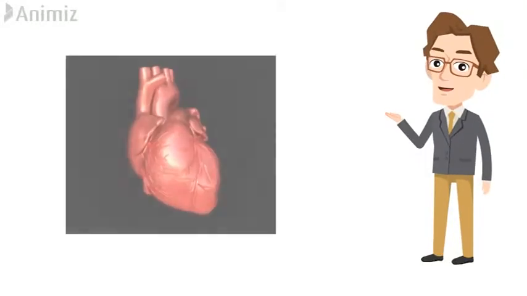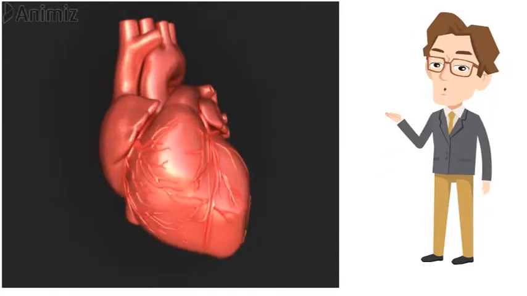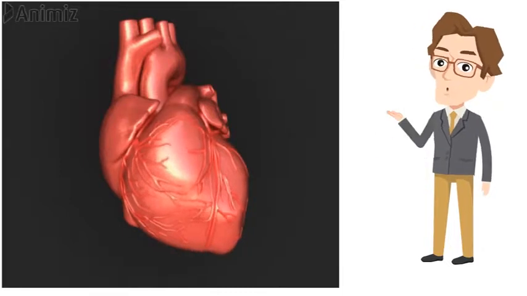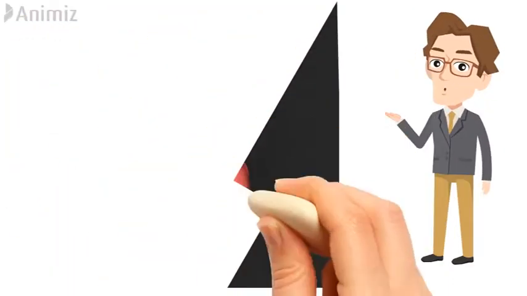So students, before going to the first learning outcome, see, this is what your heart looks like. This is an external part we can say. We have the coronary arteries and all that. So this is what your heart actually looks like and how it is pumping. It's getting contracted and relaxed, we can say.